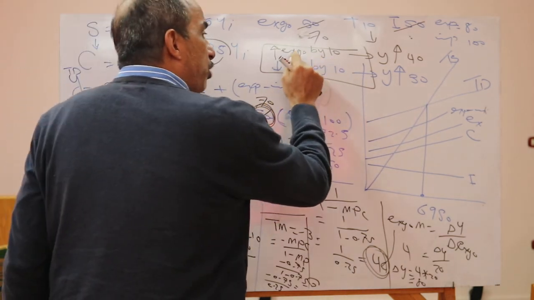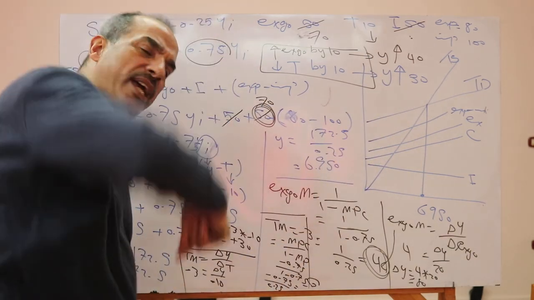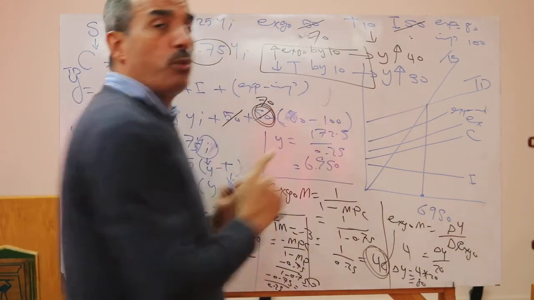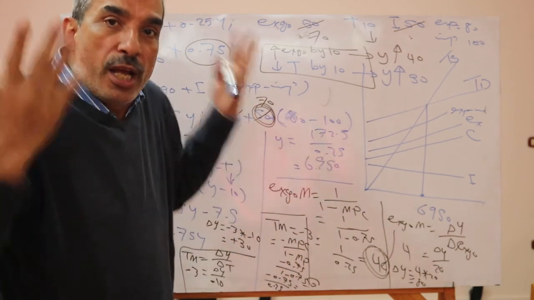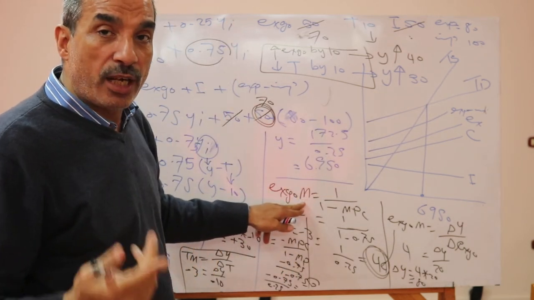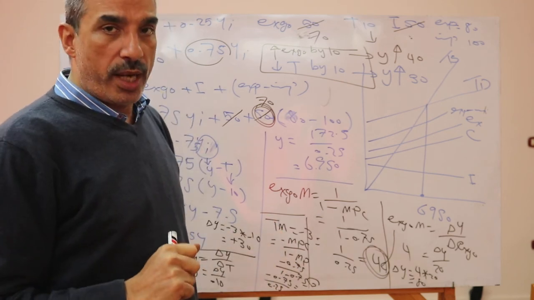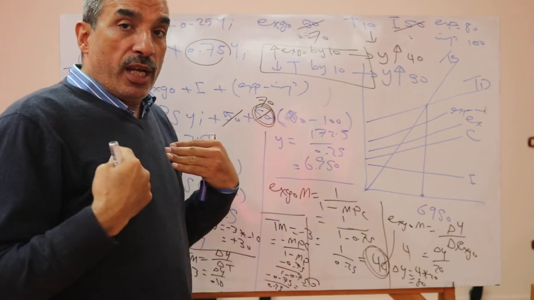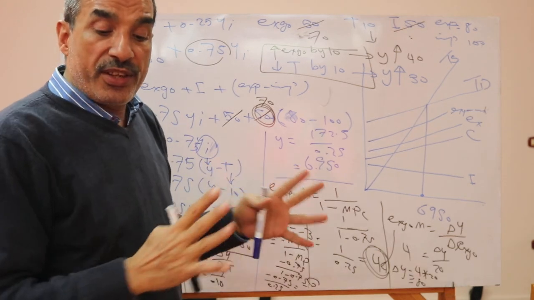Why? The effect of expenditure government on national income is more than the effect of taxes, because the expenditure government multiplier is more than the taxes multiplier by 1 unit. Okay? Now when we prepare the graph